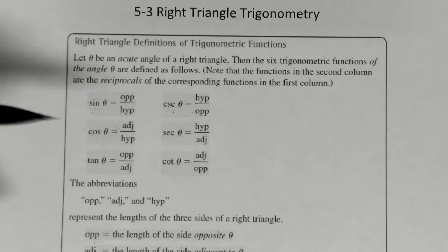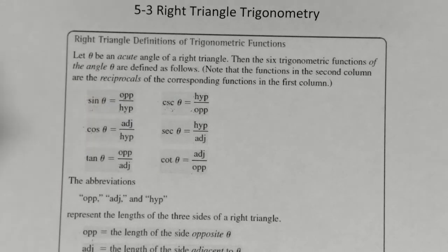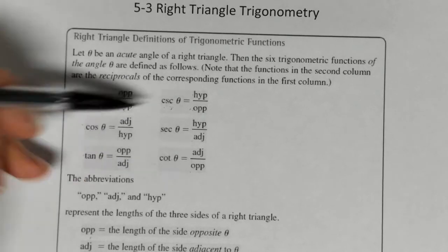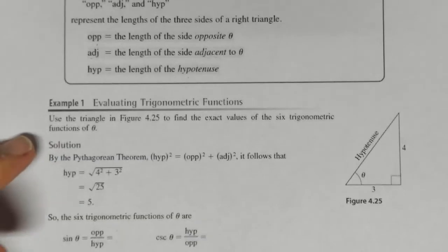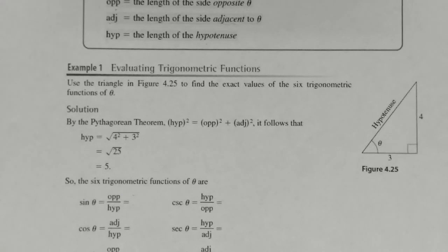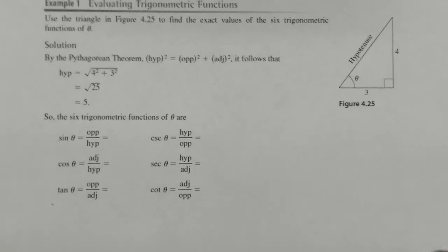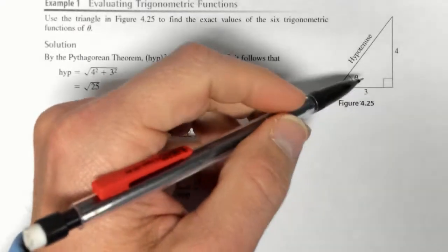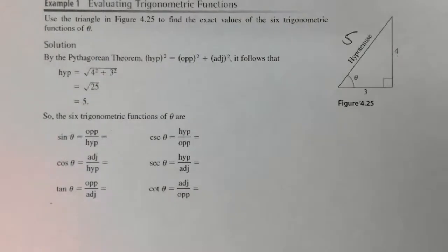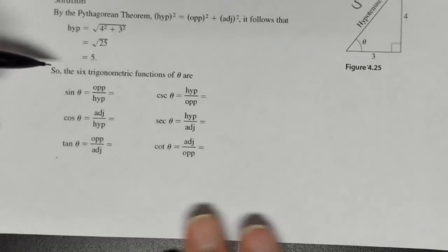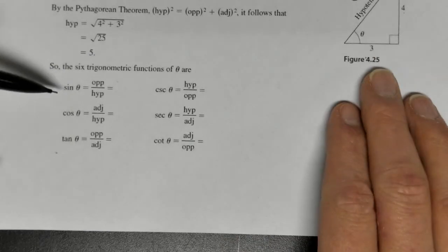Okay, but now in the Precalculus course, we pick up the other 3, cosecant, secant, and cotangent, and these 3 are reciprocals of those 3. All right, so how does it work when we're actually looking at problems? Well, the first thing we have to make sure we are good at is setting up the correct ratio. If I have my right triangle here, and we know already if this is 3 and this is 4, the hypotenuse has to be 5. We know that. So if I wanted to write out the trigonometric functions for this particular triangle,